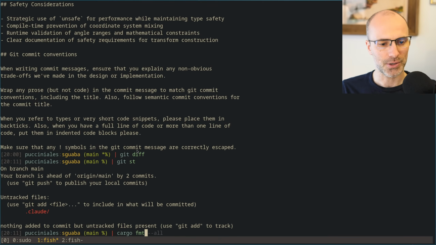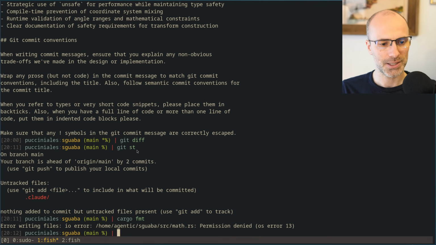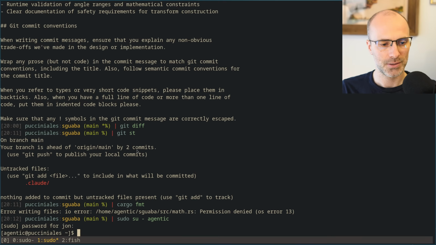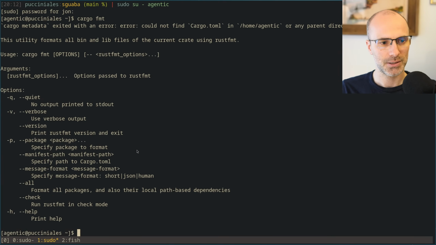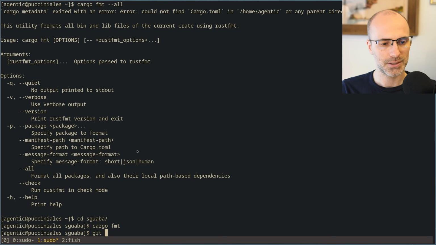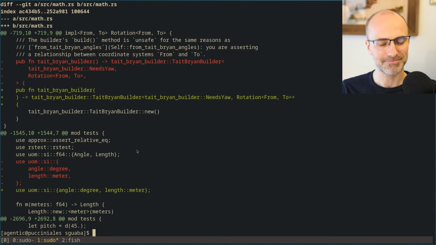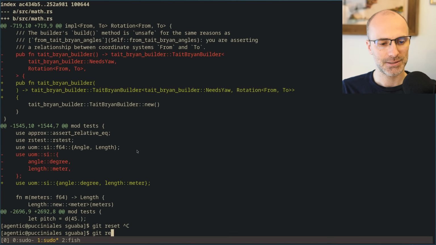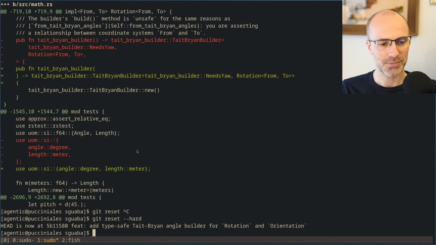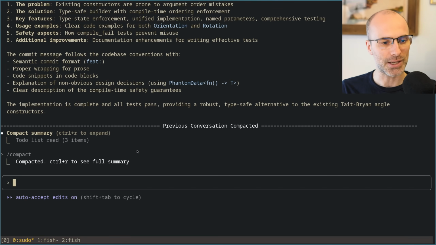What happens if I run cargo format here? Cargo format. Git diff. Yeah. Reset hard. All right. So we're going to have to tell it to do that as well.